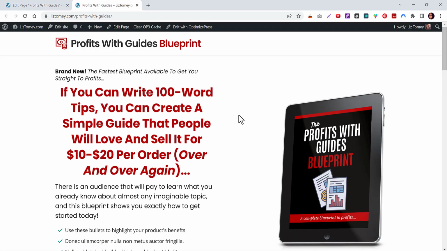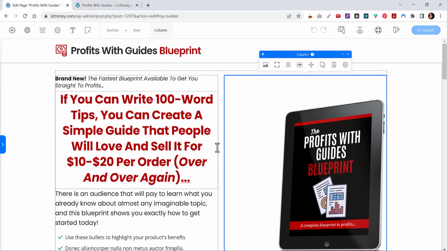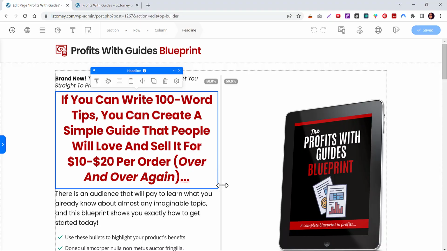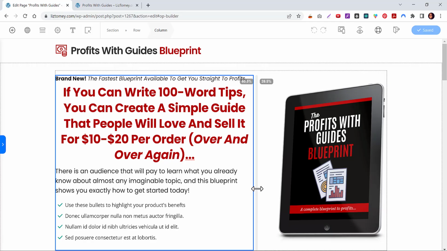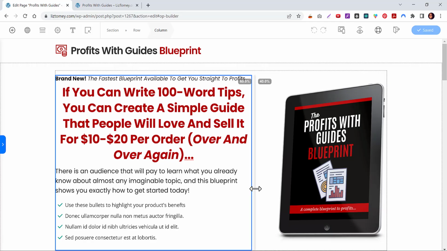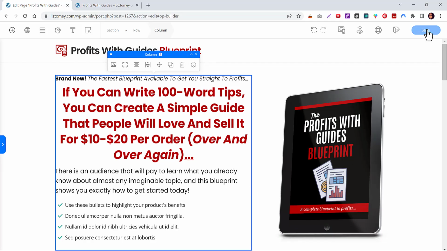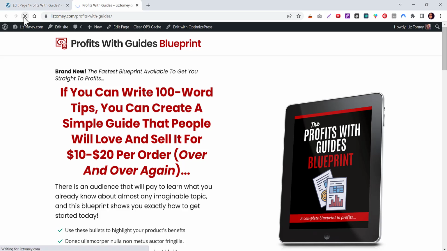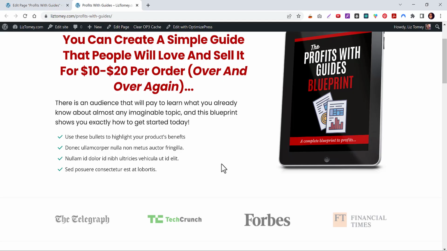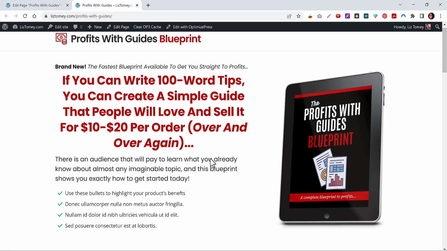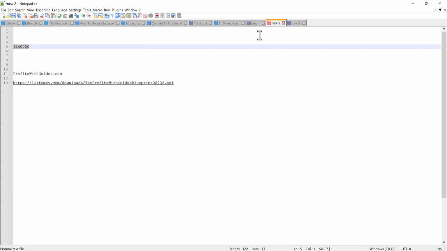I'm pretty happy with that. I think I want to pull this column over more. Let's do 60-40. I like using even things. So save. And let's take a look at it. Yeah, I like that better. All right, so I'm not going to use these bullet points. Do I want to put